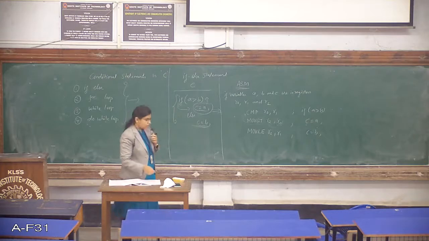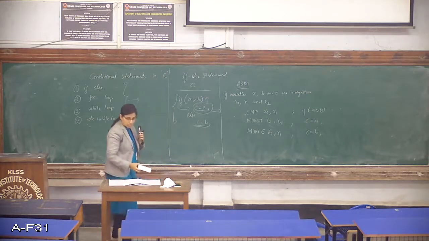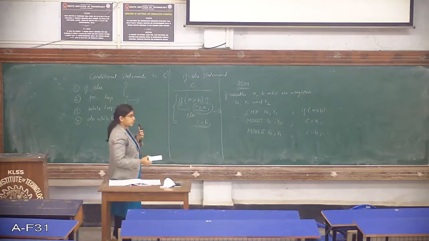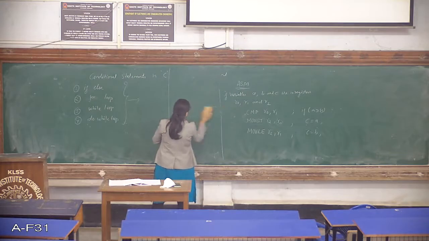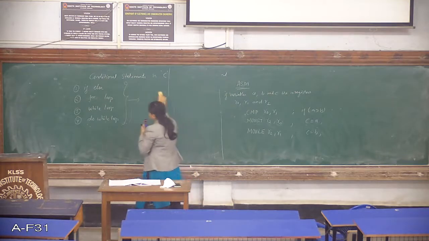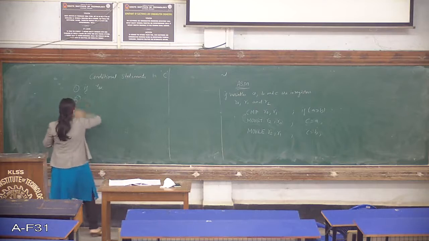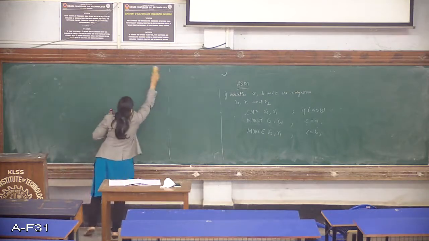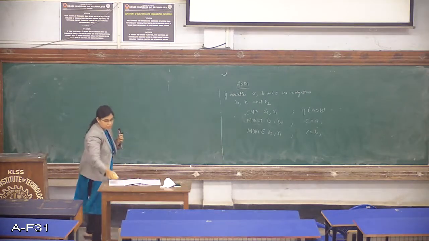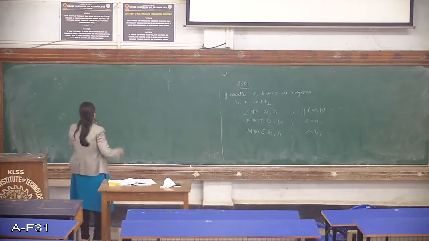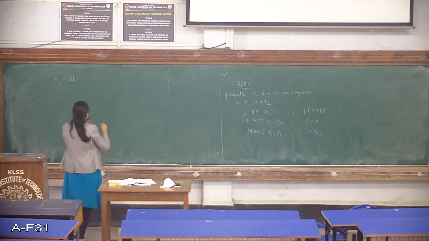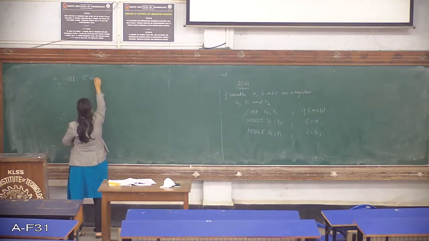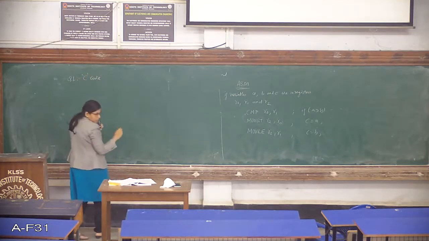There is already one document which has been shared with you all, of C to assembly and assembly to C, where we had the list of programs and we have shown how the C is compiled and converted to assembly code. So let me go ahead with the same programs and explain how we have done that. From the document which has been circulated, the first code was given to you. This is the C code which is given.